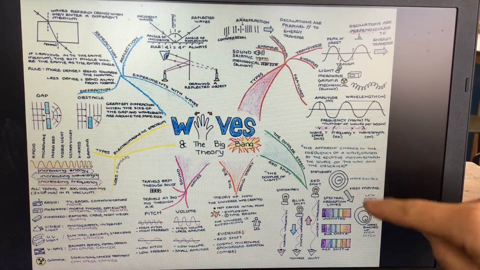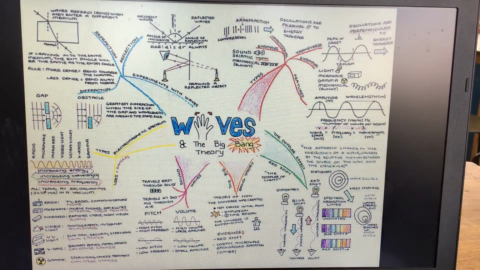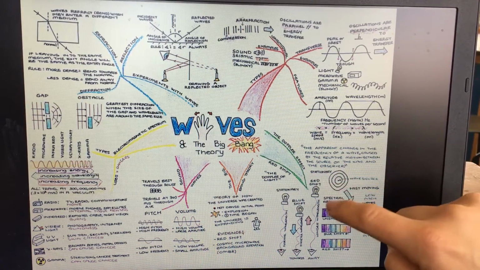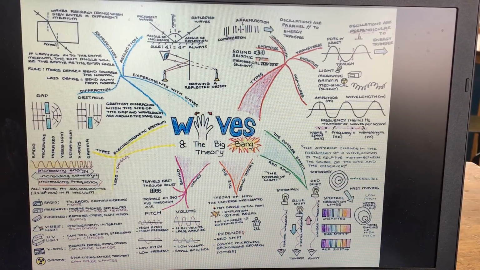of the wave, and the person listening, the observer. So it's all to do with the motion between the thing making the sound and the person listening to it who's stationary. It appears to change. And if you have a look here, if a wave source was stationary, no matter where you stand around this wave source, you're going to hear the same pitch. The further you get out, the volume will decrease because of the energy being lost, but the pitch would be